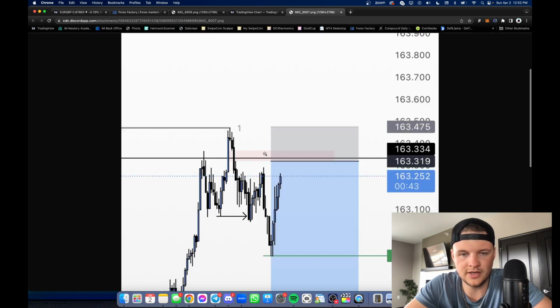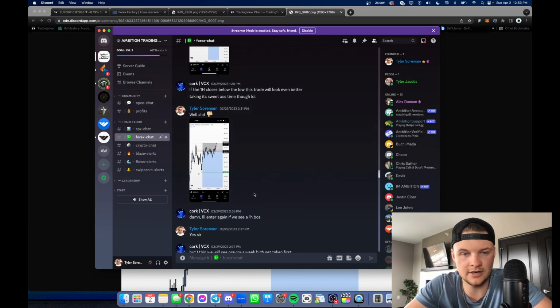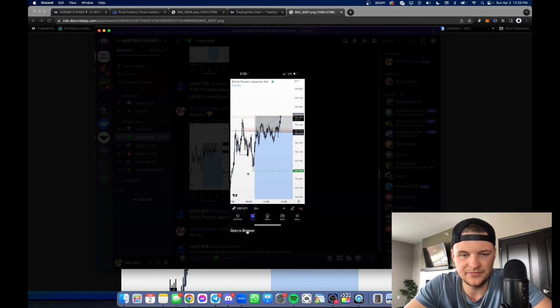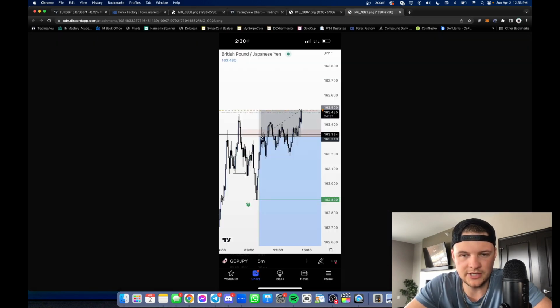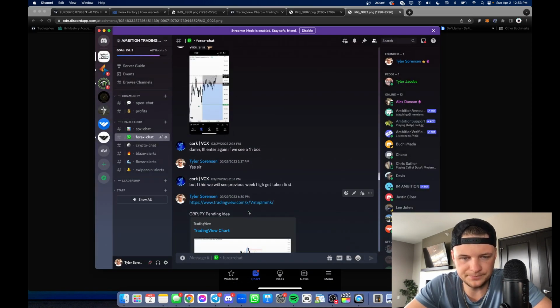We still have this fair value gap right here. So my idea was that price would come up, sweep this liquidity, fill this fair value gap, give us the entry point, stop above the high, and we'd ride this thing down for a huge gain, right? That was the idea. Obviously it didn't end up working out that way. This is how it worked out. It just chopped around at that level for a while, and then ends up stopping us out. All good. So that was our first loss for Forex on GJ.